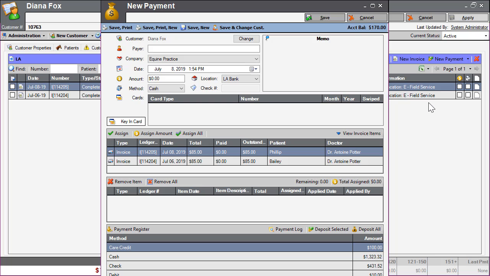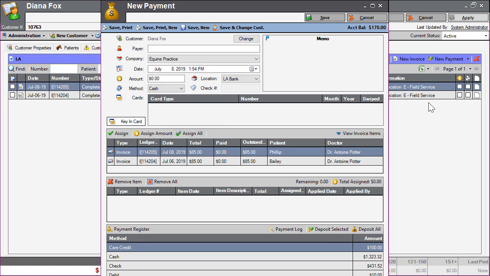To use the selected charges to calculate the payment amount, we use the Assignment section of the window instead of the Amount field to calculate the value. The options for assignments are the same as in the steps previously reviewed, with one exception. The Assign All option allows us to select to assign this payment to all outstanding amounts on all entries on the ledger. This option is used when you are assigning this credit entry to completely pay off all outstanding debits